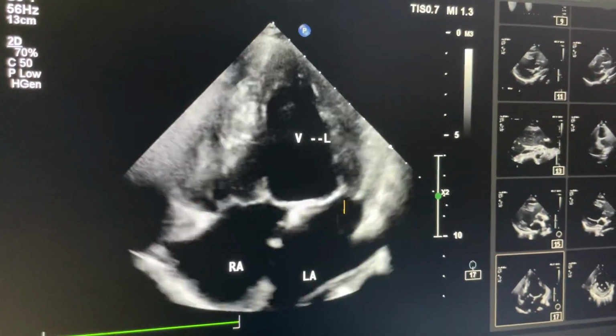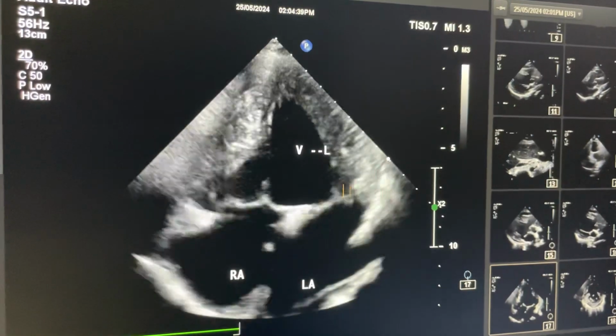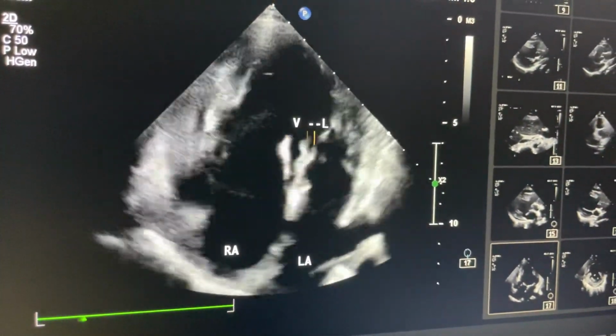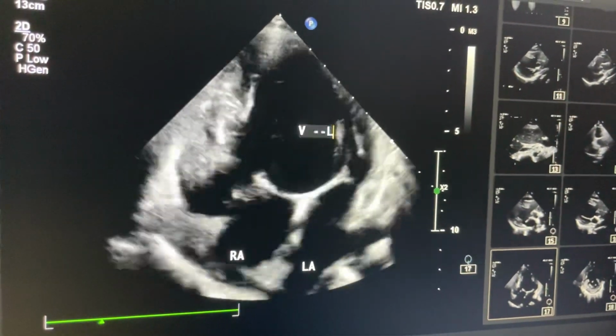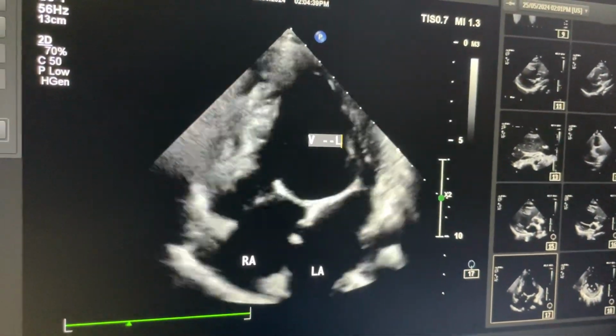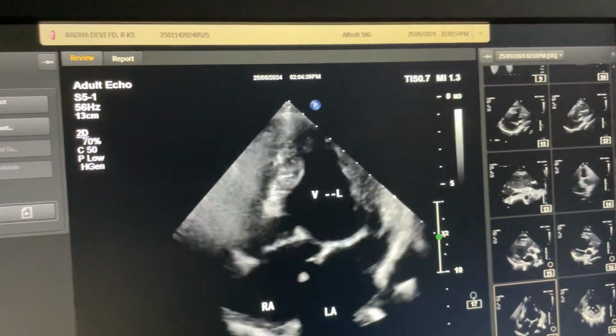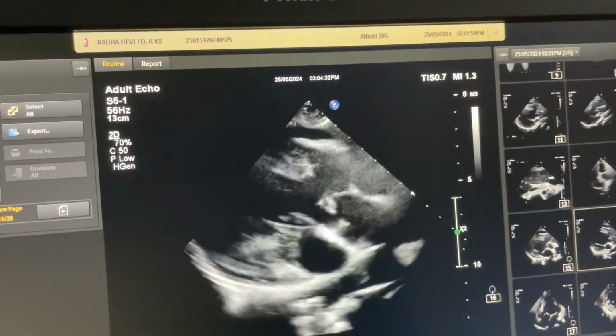This is the left atrium, this is the mitral valve, this is the right atrium, this is the tricuspid valve. Both are draining into one ventricle, that is of left ventricle morphology. So double inlet into single ventricle. In this image, what you see,